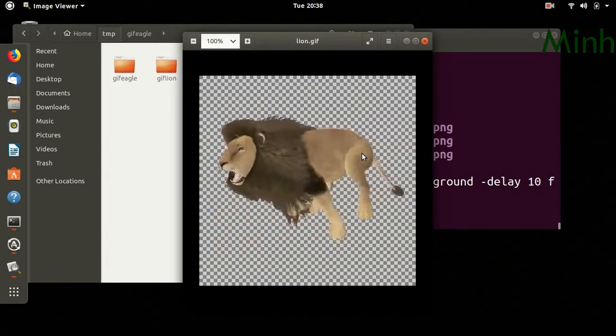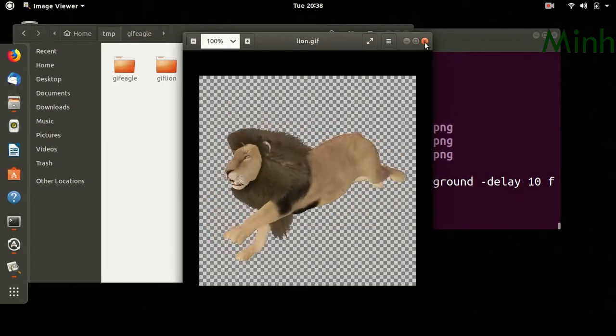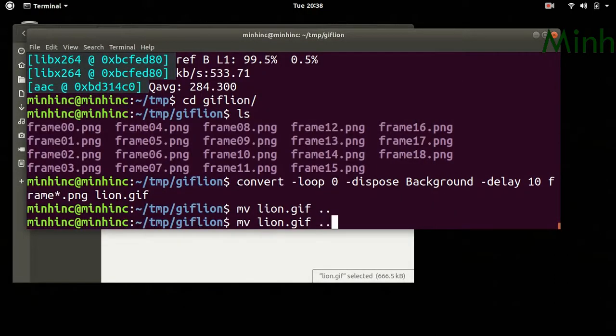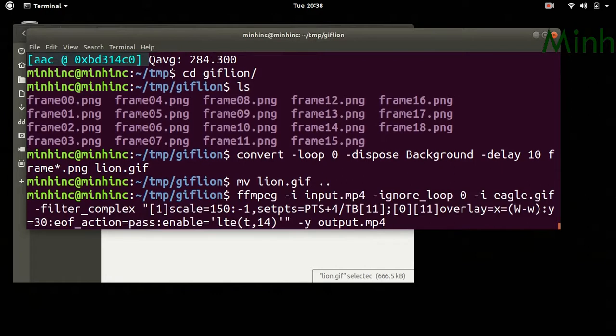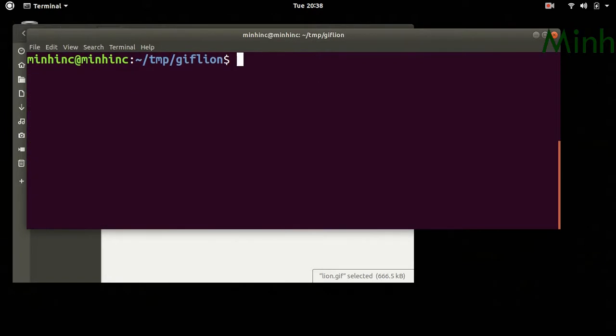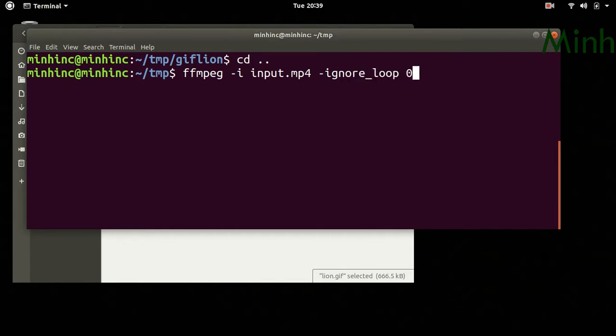So if we want to insert the lion, we can insert it now. Okay, so we'll type it. ffmpeg -i input, -ignore_loop 0, lion.gif, -ignore_loop 0, -i eagle, filter_complex.